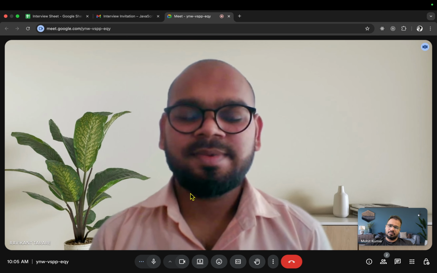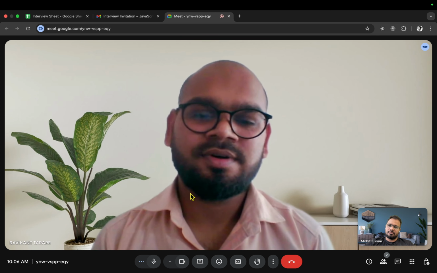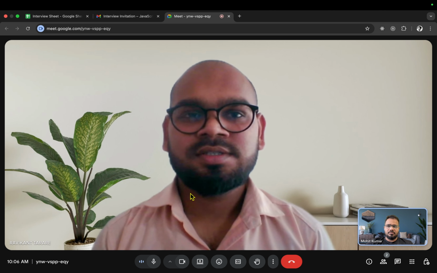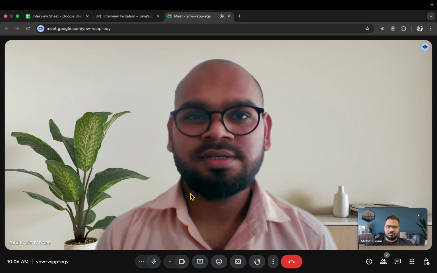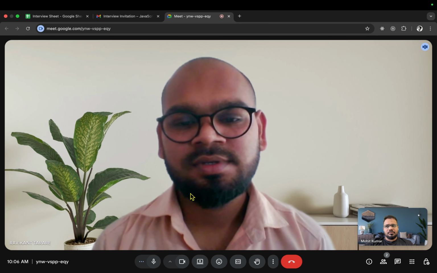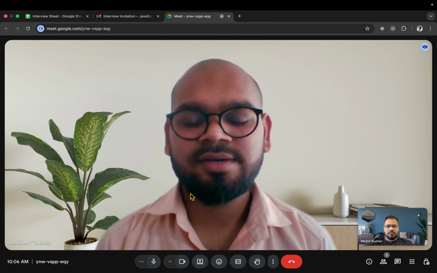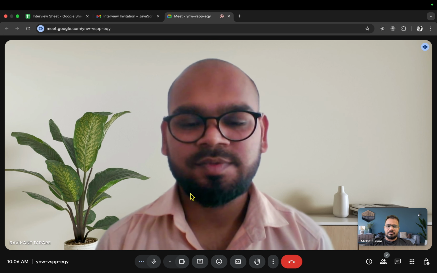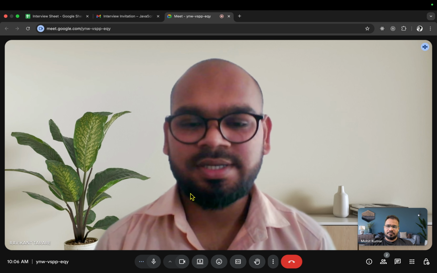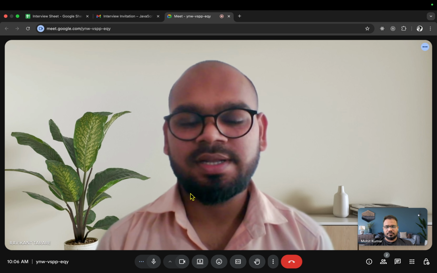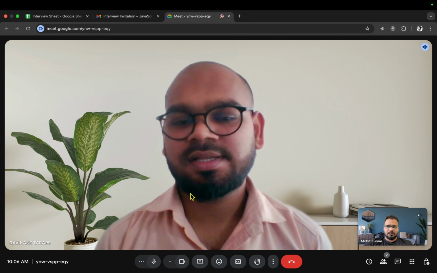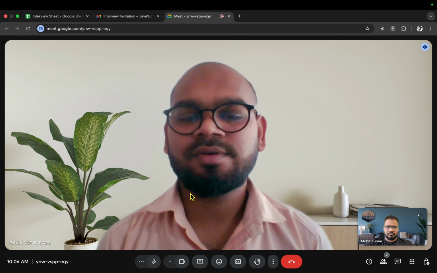Conditional rendering means we apply a condition for any component rendering. Suppose in a page we have two components. Suppose we have a hackathon hosting website, and we have a form to host a hackathon. We have two buttons on the page: to fill the form we click the left side button, and on the right side we have view hackathons.